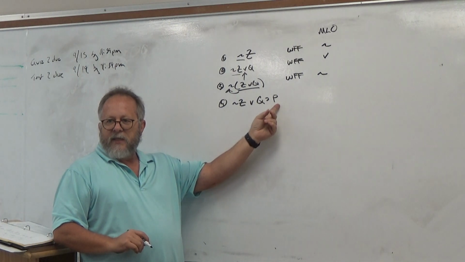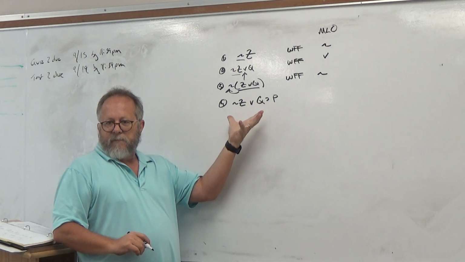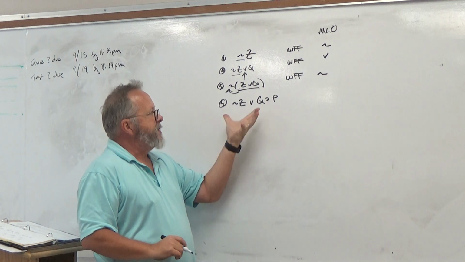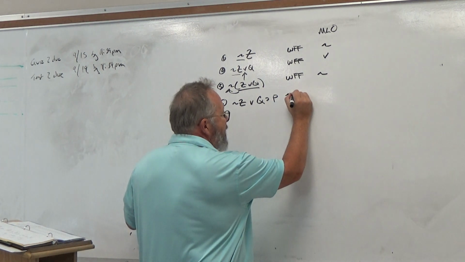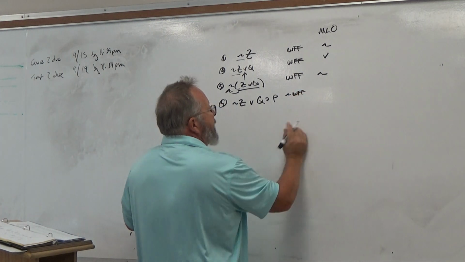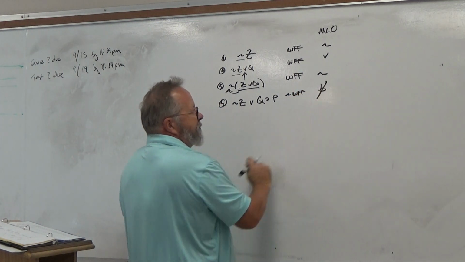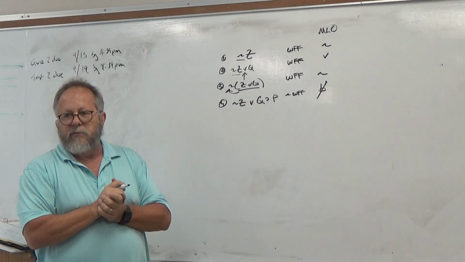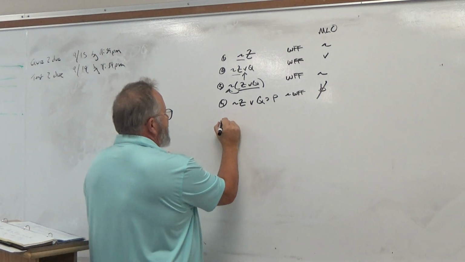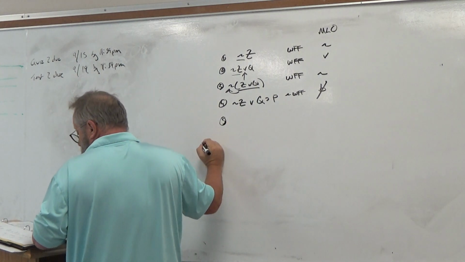Does everybody understand that? We need parentheses in there, okay? Since there are no parentheses telling us what operation needs to be done first, this is not a well-formed formula, and therefore it doesn't even make sense to talk about a main logical operator. Okay, 5, not Z,